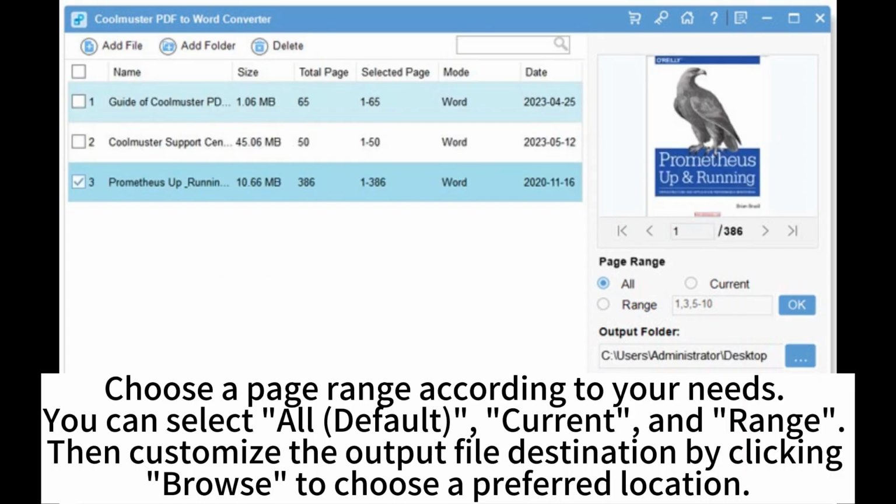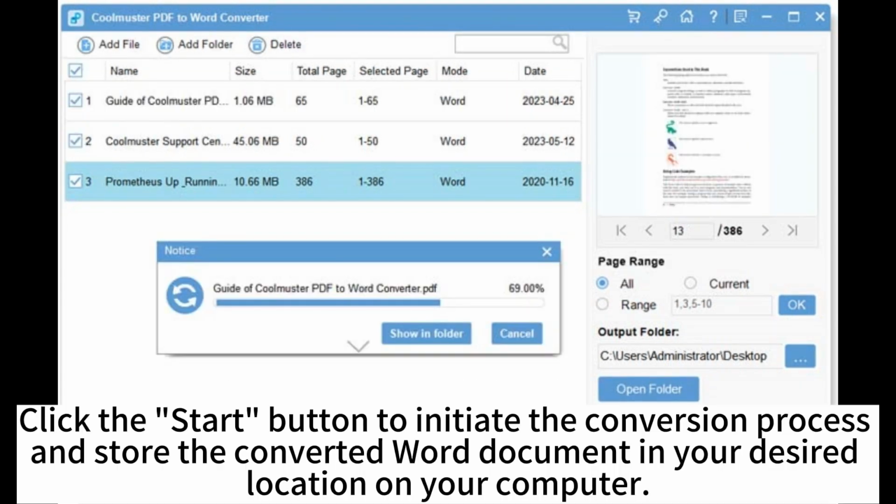Choose a page range according to your needs. You can select all, default, current, and range, then customize the output file destination by clicking Browse to choose a preferred location. Click the Start button to initiate the conversion process and store the converted Word document in your desired